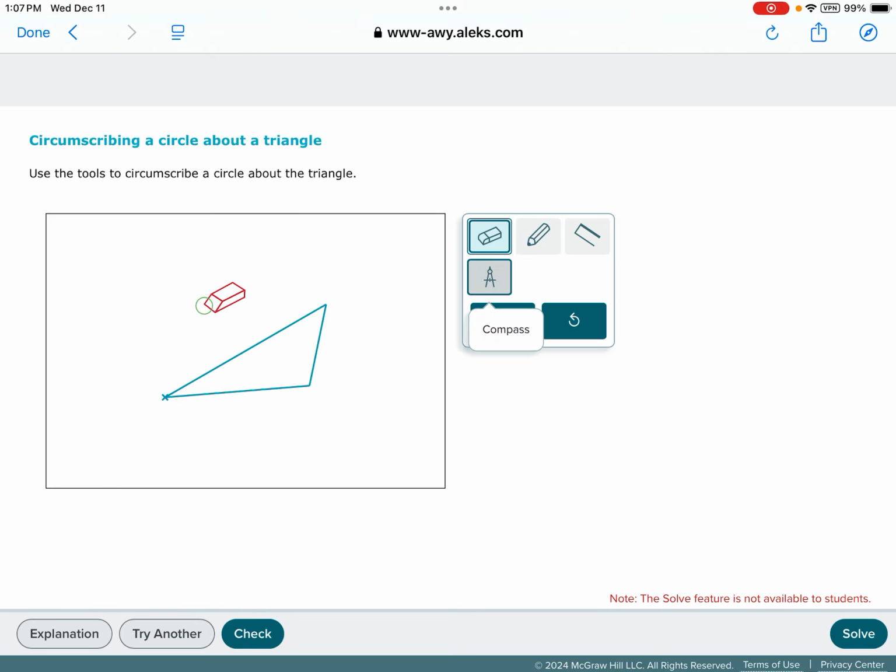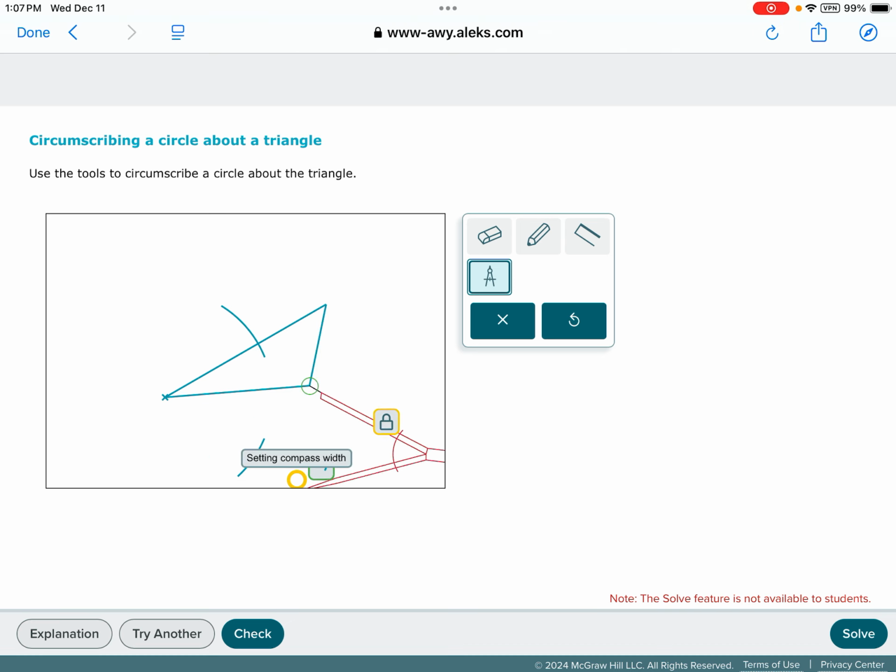You could also set it and bring it down here, make a little arc there, and then bring it up here and make a little arc up here. Either's fine. Then we're going to move it over to the other corner, and with that same length,